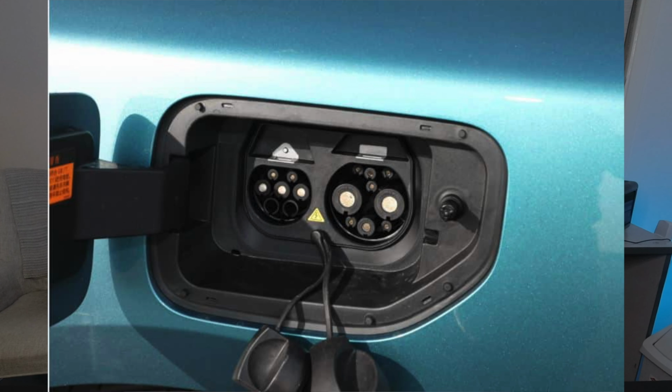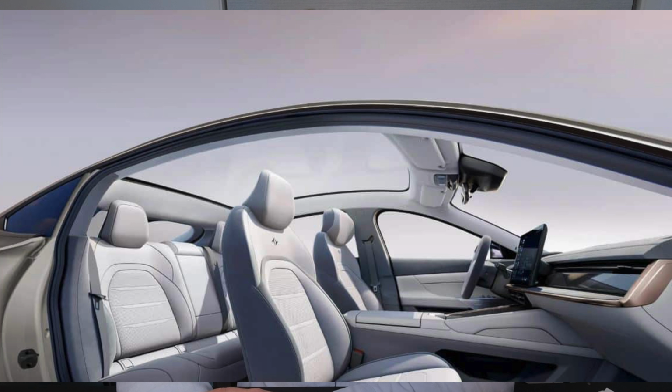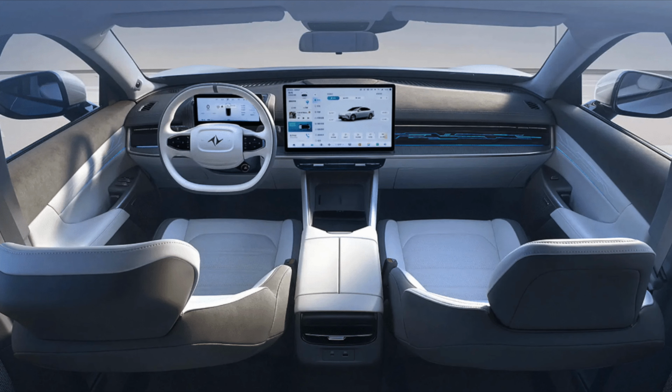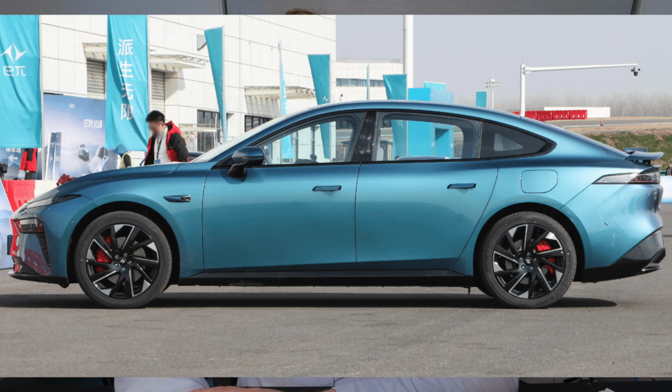I also like that they offered it in a range extended version, because that will be fantastic for a lot of people that drive a lot. And the battery in the range extender is still 29 kilowatt hours. I think it's just under, it's like 28 point something, with a 1.5 petrol engine. So if you're in a bonkers massive country like Australia, then that's a really useful thing, because you don't need